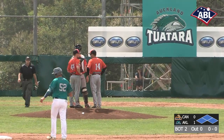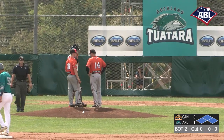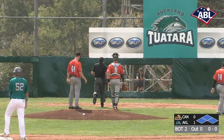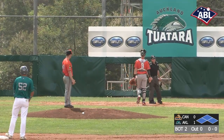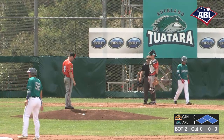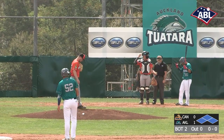So far, he's been missing a little bit outside, a little bit up in the zone. That has been Jason Lott. Obviously, a big day for the young number 44, his first start of his ABL career, so it's only natural there may be a little bit of nerves riding on the back of this start. But nonetheless, he'll have to knuckle down and get a few outs here in the bottom of the second inning